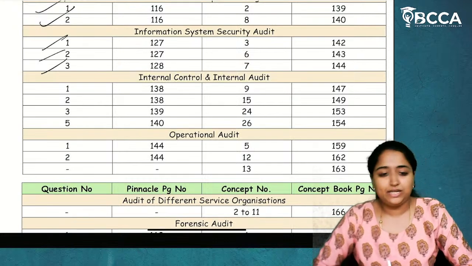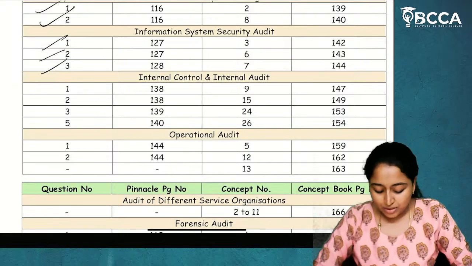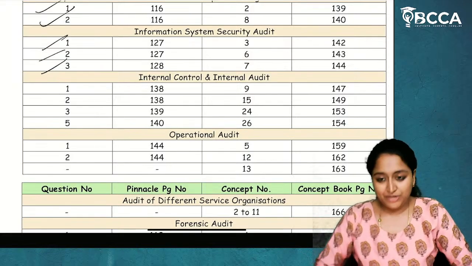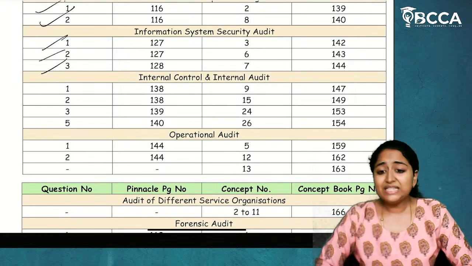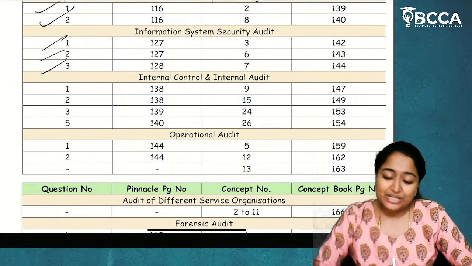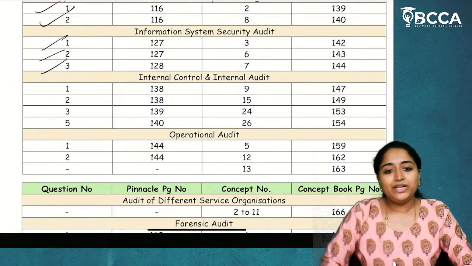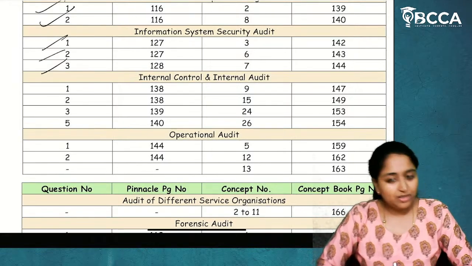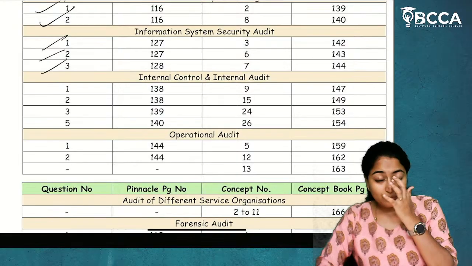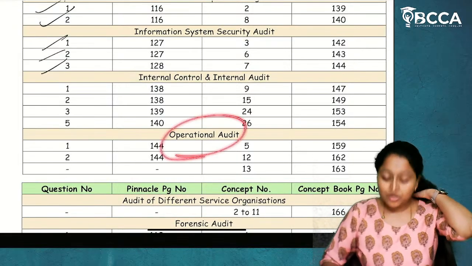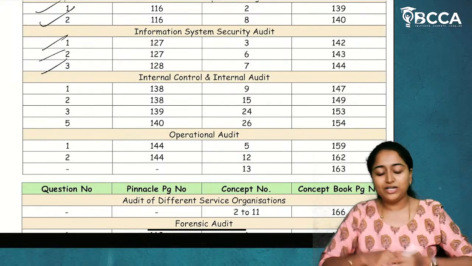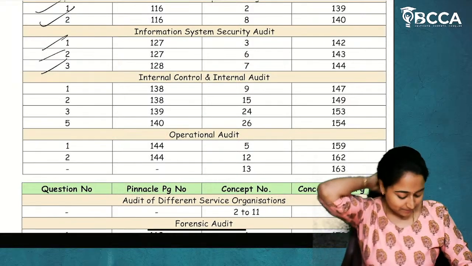Thank you. Now we are moving on to the next section, which is Section C: Internal control, internal audit and other related issues; operational audit and other related issues. Now, this unit is also a very, very simple section. You already have this topic in your Intermediate, so that is only being repeated again. Operational audit is not there for you, but internal control and internal audit are already there in your CMA Inter.